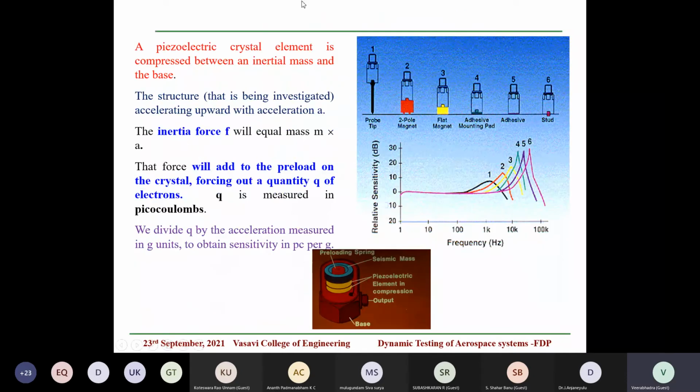Piezoelectric sensors have to be mounted on the surface. There are different mounting techniques possible: with adhesive, with some magnetic based, or stud mounted. Out of all, stud mounting will give you the best mounted frequency. The mounted frequency means the accelerometer will have one resonance. You are supposed to use it within 5 to 10% of the mounted resonance frequency.